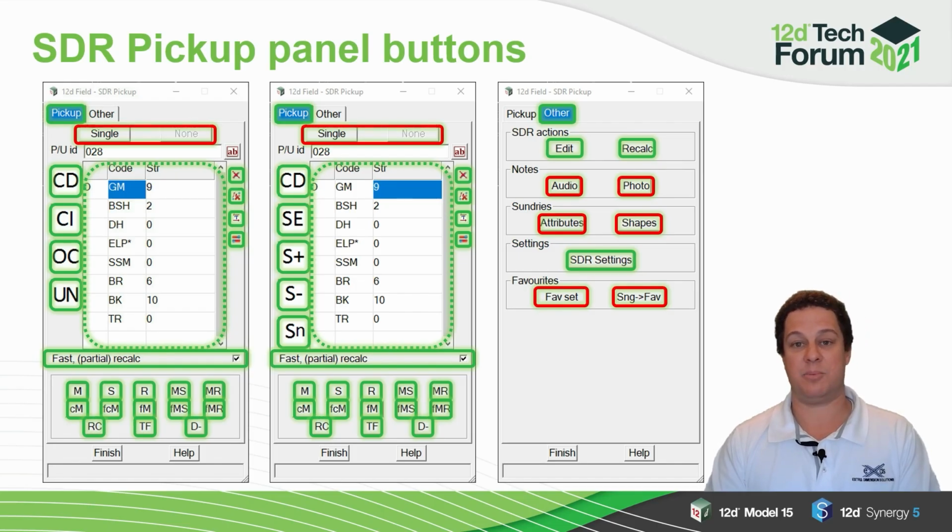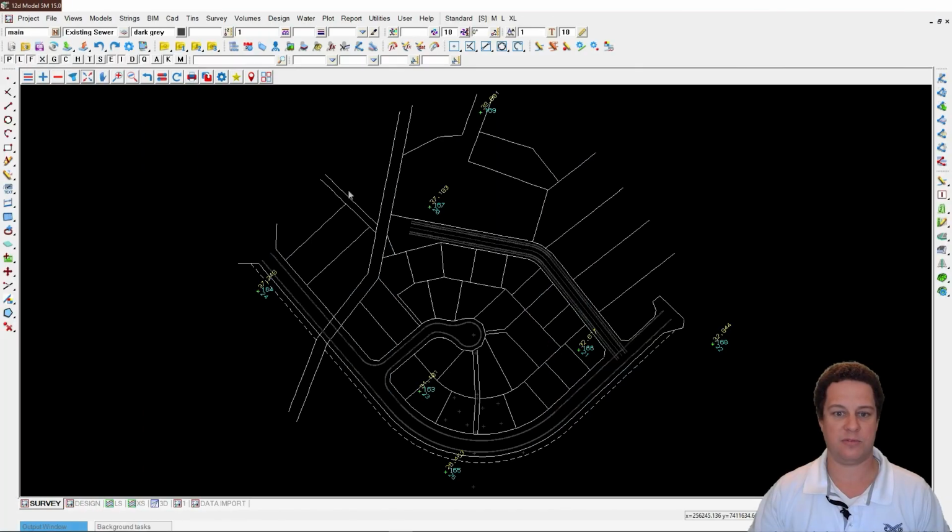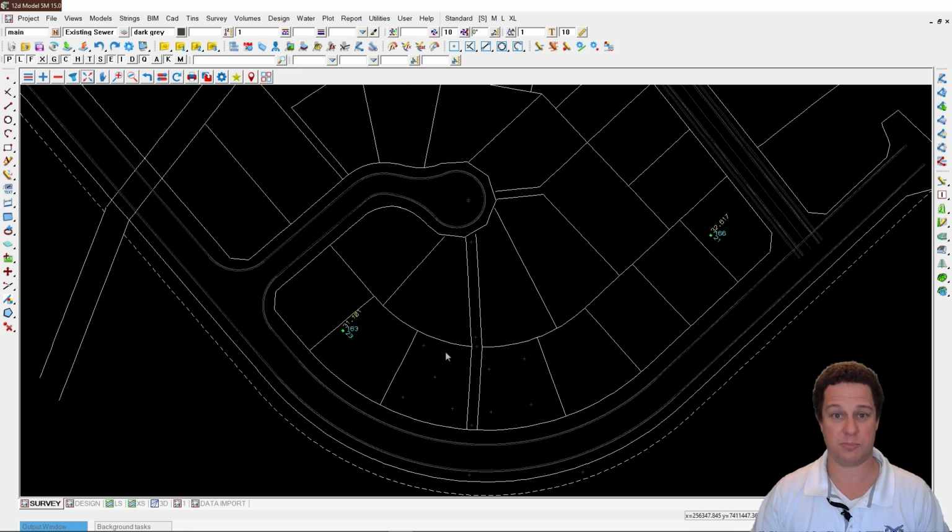So now let's take a look at SDR Pickup in action. Okay, before we fire up 12D Field and SDR Pickup, just want to talk about the data set that's on the screen. This is just a bit of a dummy subdivision. I've created a few points down here, and these are purely just so I can snap to them in the simulator, because